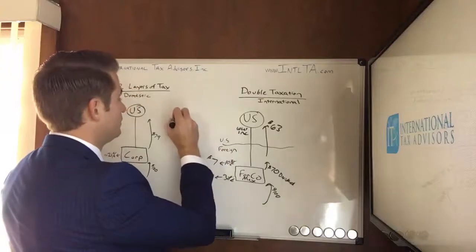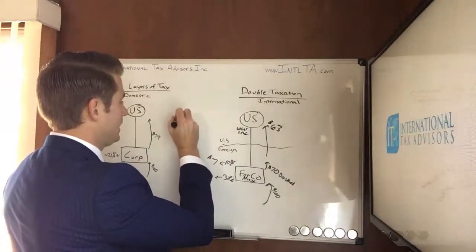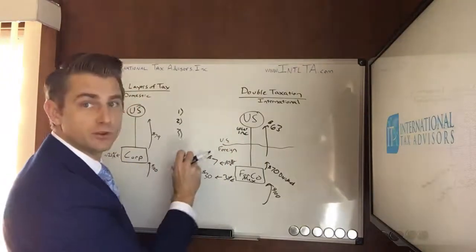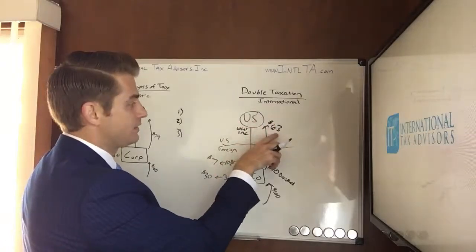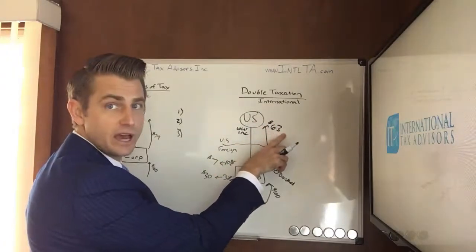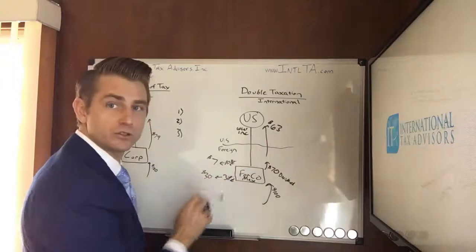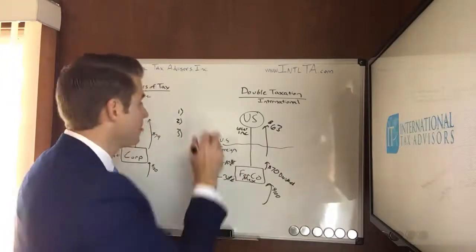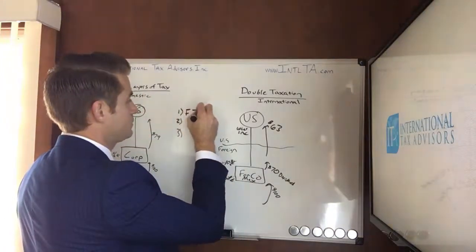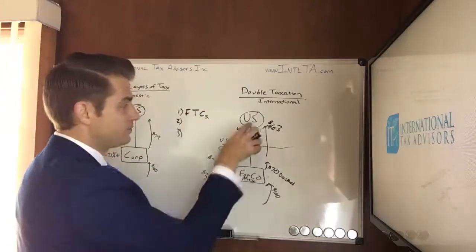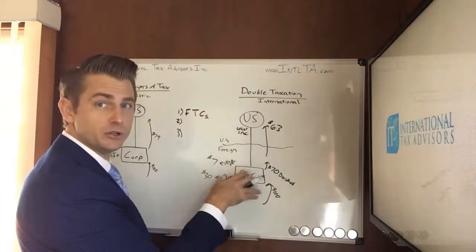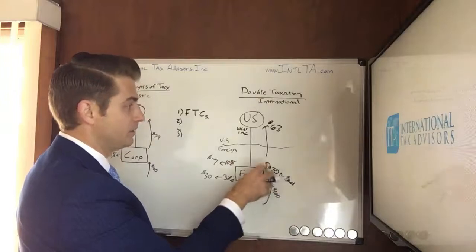briefs. Generally, a couple ways to think about mitigating this when using tax planning. The first would be foreign tax credits. That is, the U.S. provides you an offset for its tax based on how much tax you pay to the Mexican government. So foreign tax credits are one mechanism. The other mechanism is a tax treaty. If these two countries have an income tax treaty, you may be able to reduce the withholding on the way